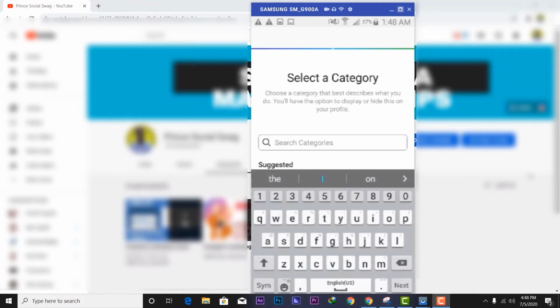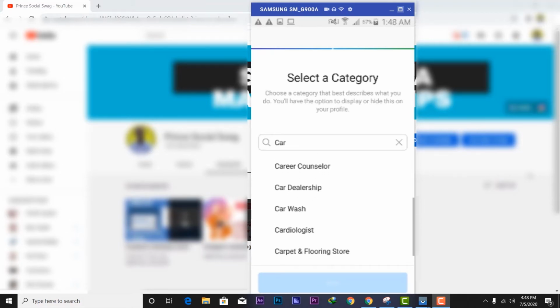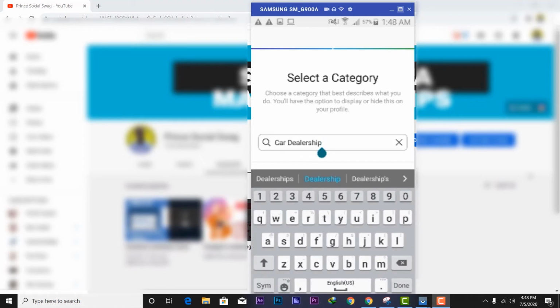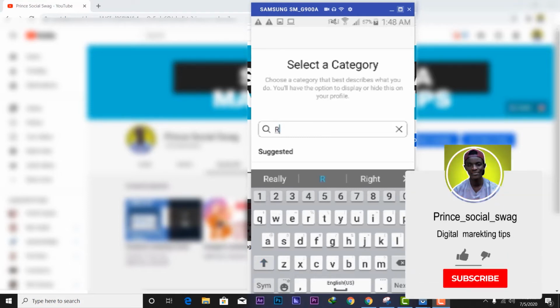For example, if you are a car dealer, you can just type in the name of your business here, and you see some options for cars, car rental, car dealership. You can just choose the name of your business or something related to the product that you sell. You see many categories that will fit your business.